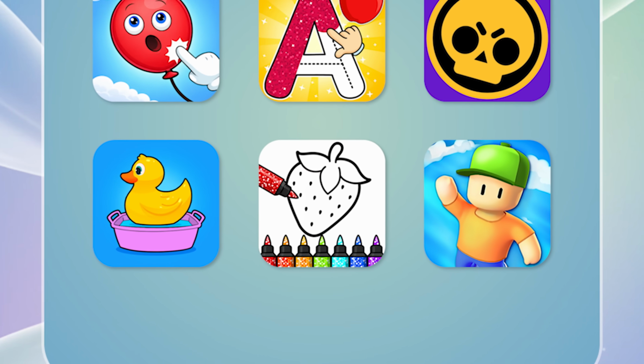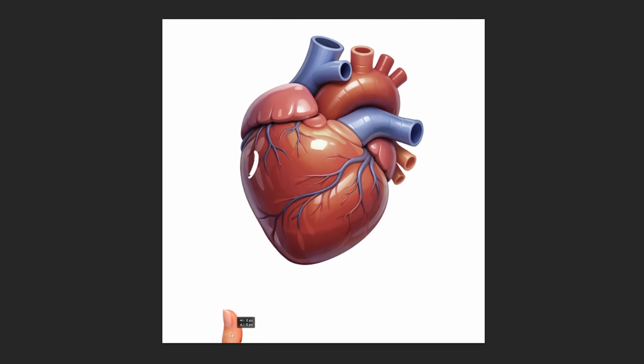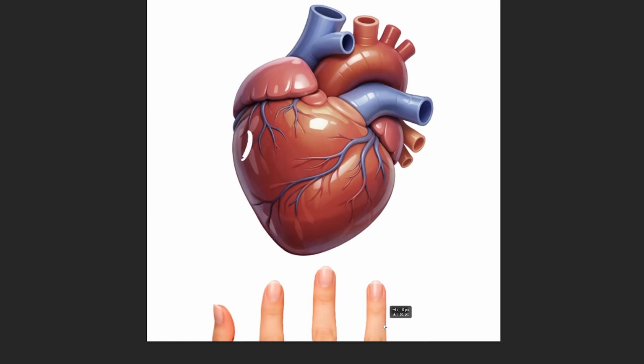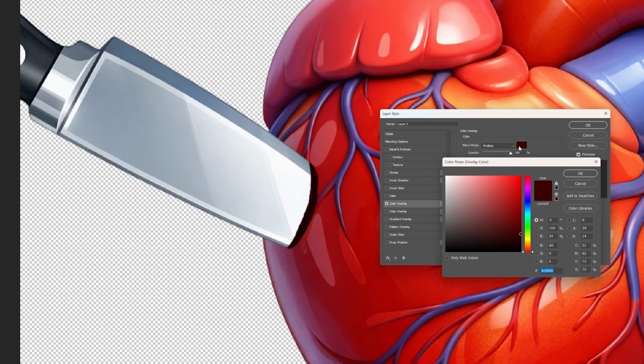Now, for kids' coloring pages, I'll start by dropping in an image of a heart. I'll mask out 5 fingers and place them in the same spot as the markers in the original image. You see where this is going? Wink. Following that, I'll bring in a knife and make it look like it's going into the heart by darkening